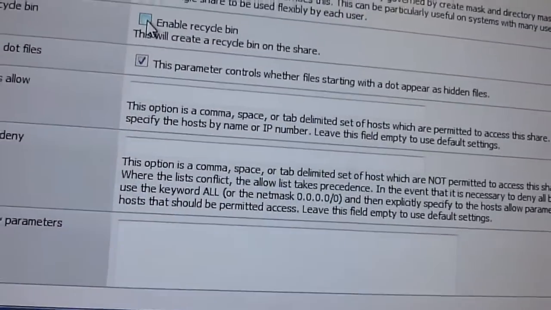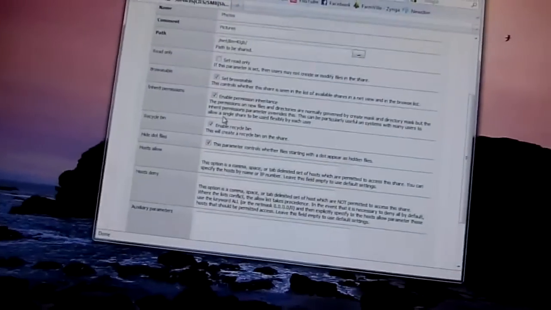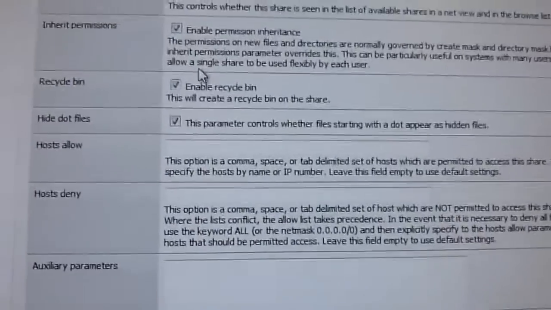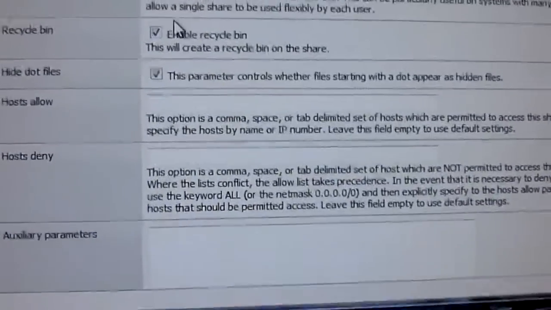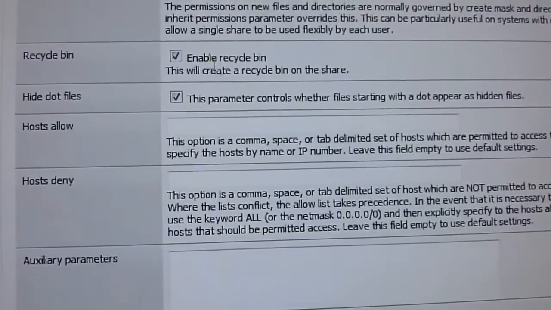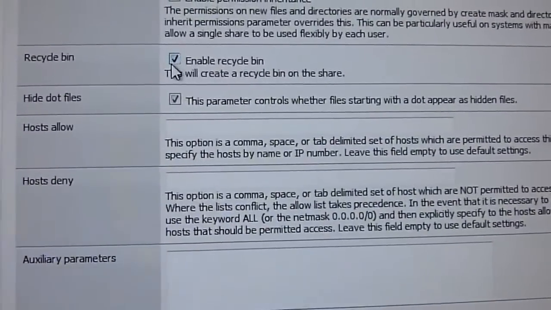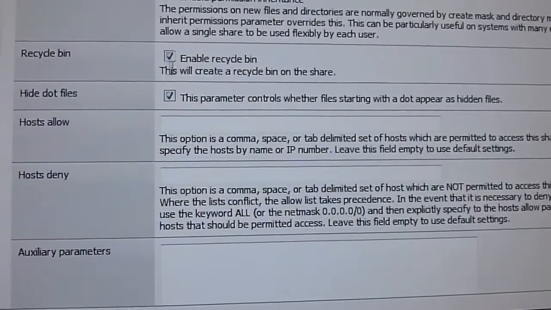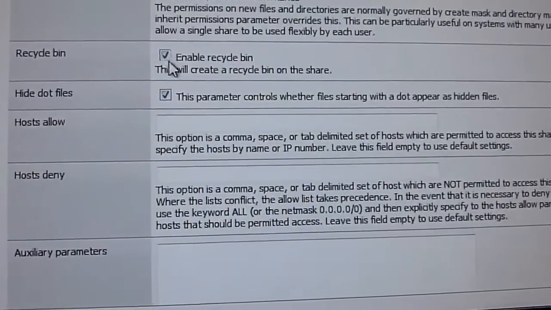And I like to enable recycle bin. What this does is creates a recycle bin on this drive that you have in the machine, or on this mount point that you have in the machine. That makes it so that when someone deletes a file, it's basically like the Windows recycle bin. When someone deletes a file off of that network drive, it doesn't actually get deleted. It goes into a hidden folder